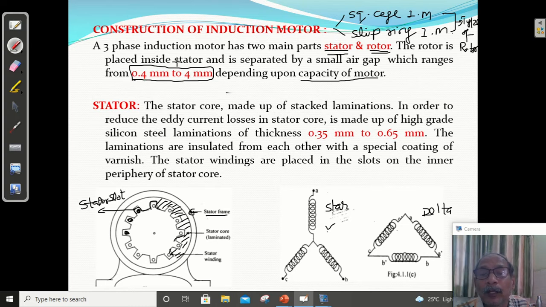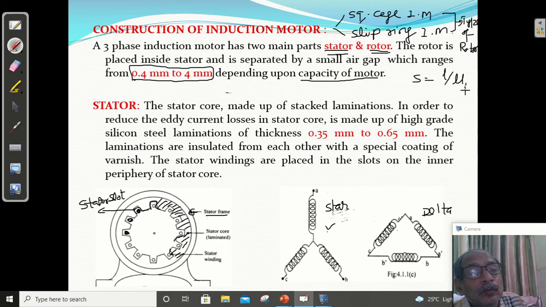We will discuss this point later on, because reluctance इक्वल टू होता है L upon mu0 mu r a. This is the reluctance. More the reluctance, more the length, more the air gap, more the reluctance. And flux इक्वल टू क्या होता है? Ni upon S. More the reluctance, flux for a particular HP rating constant, so it will draw more current. So motor, अगर आपने air gap ज़्यादा रखा, motor will draw more current.